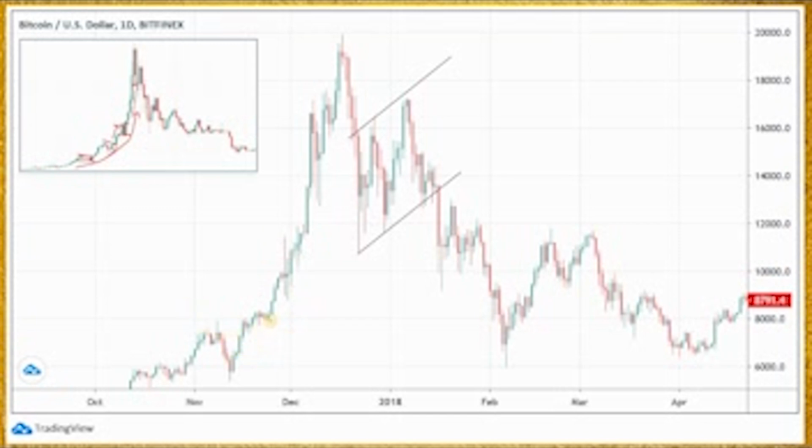And on the daily scale, this is that massive move up from 6,000 up to almost $20,000. Before making that very last push, you can see a little area of bumpy movement that we mentioned earlier. After prices peaked, they dropped pretty dramatically here, and then it looks like it formed a bear flag before continuing its decline. And again, prices seem to have gone back to where that parabolic rise had begun.